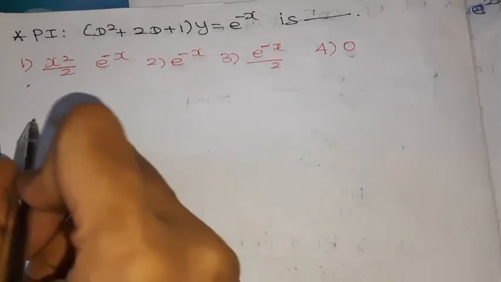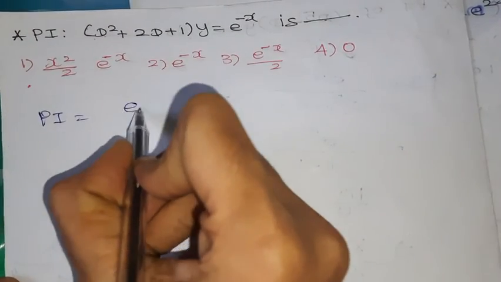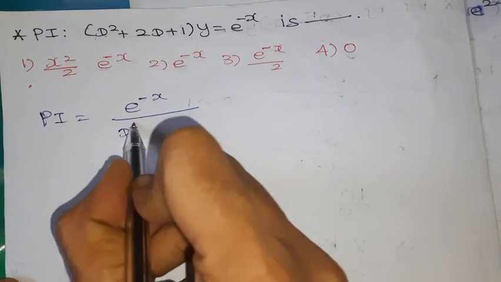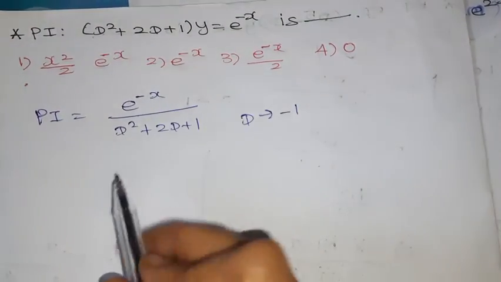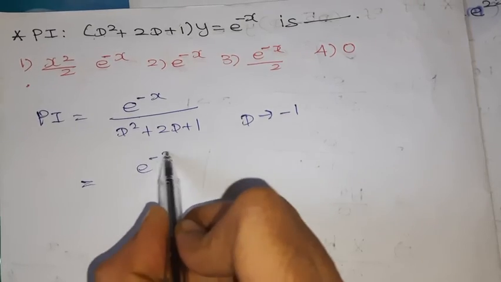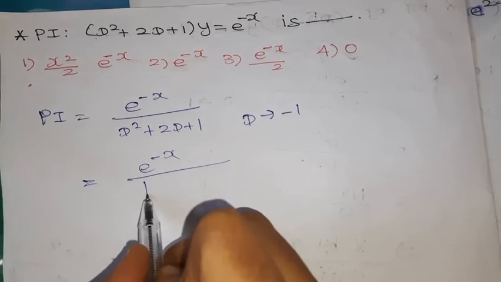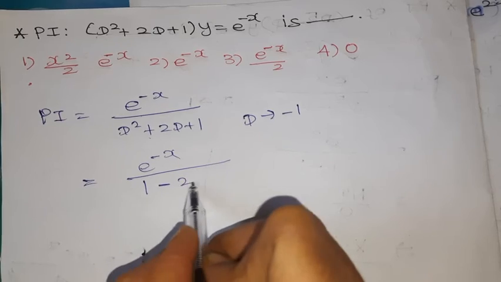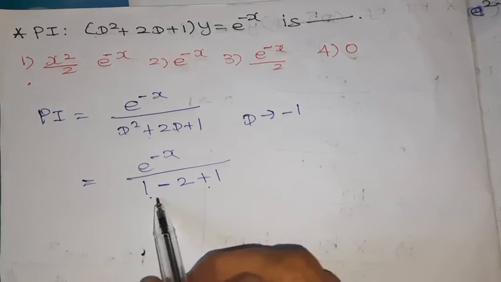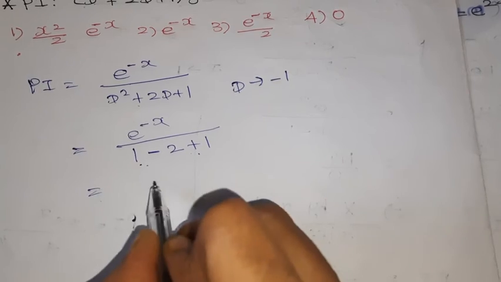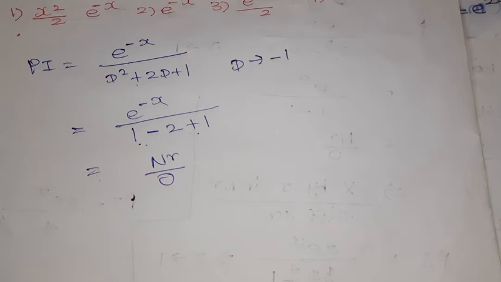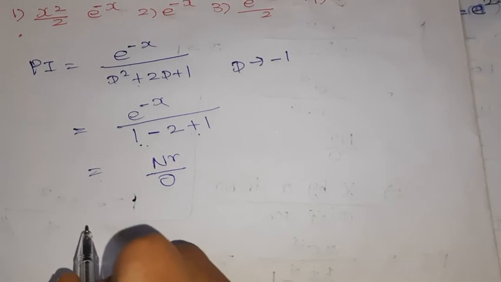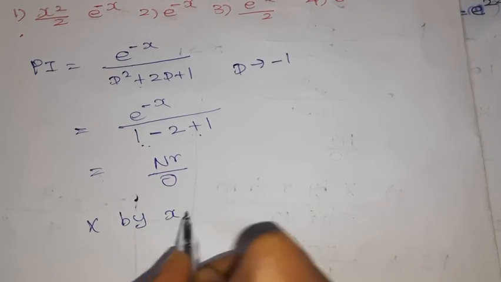P.I.: we use the RHS exponent e^(-x) divided by f(D), the given term D squared plus 2D plus 1. Then what is the next step? Replace D by minus 1. Minus 1 the whole squared is 1, 2 into minus 1 is minus 2, plus 1. So 1 plus 1 is 2, 2 minus 2 is 0, plus... so numerator divided by 0. Whenever we get 0 as the denominator, what do we need to do? Multiply by x in the numerator,